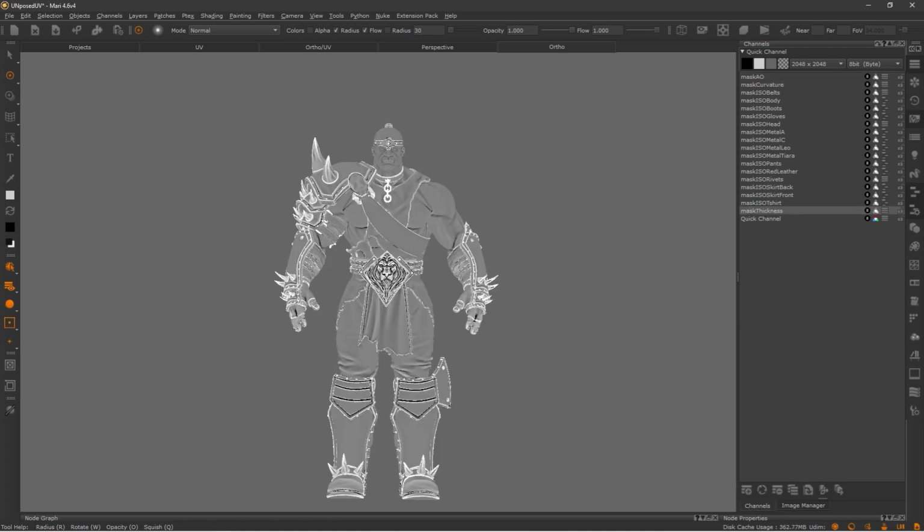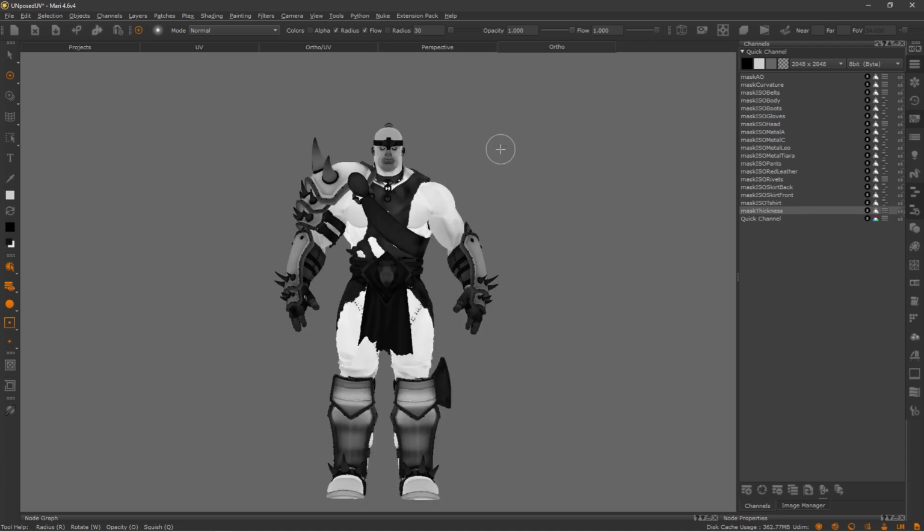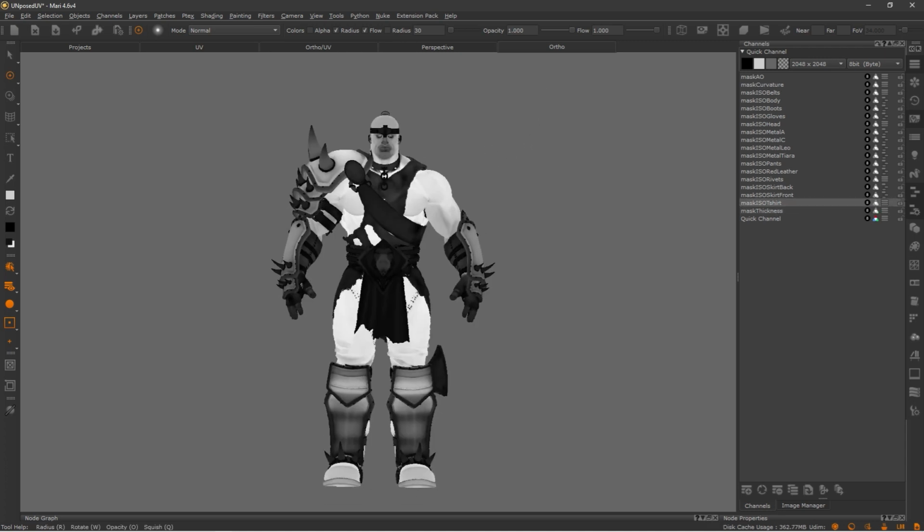And I hope this can be useful for your workflow if you use Mari, especially if you have an asset with multiple UDIMs. This is